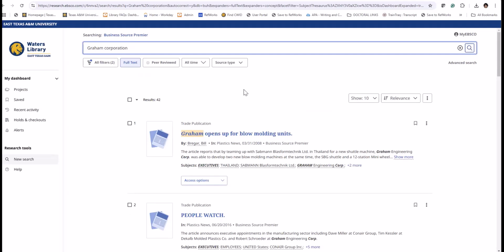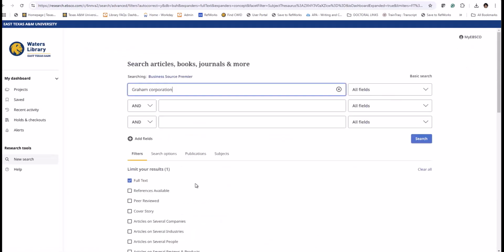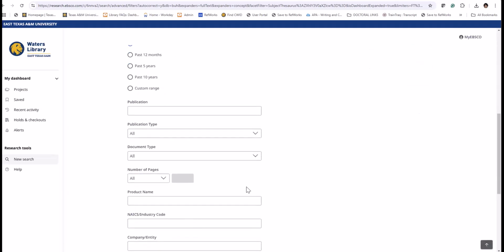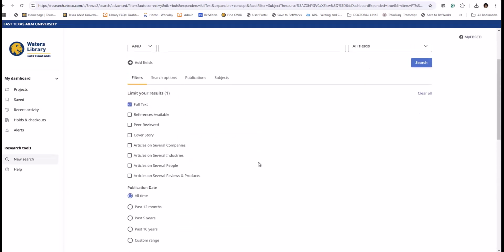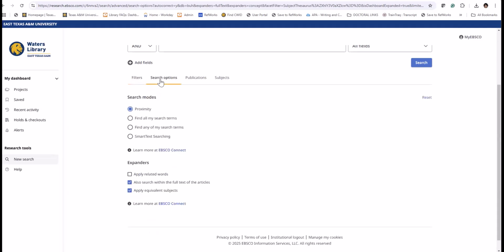So I wanted to show you, when we go to advanced search one more time, we have some filterings. My search is just a random search, but whenever you have your research topic and you know what you're looking for, your search is going to be more organized. Then in search options, you decide whether to keep the default proximity, which I showed you, or to go to smart text searching.